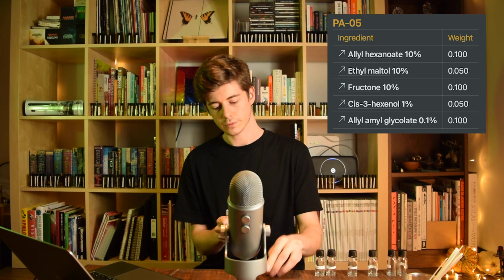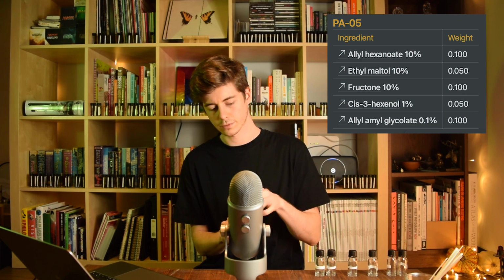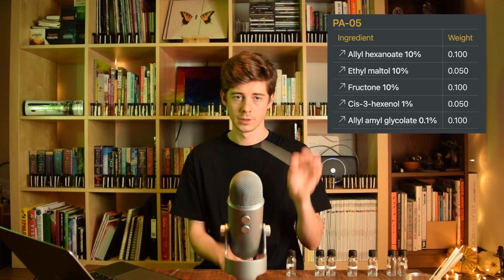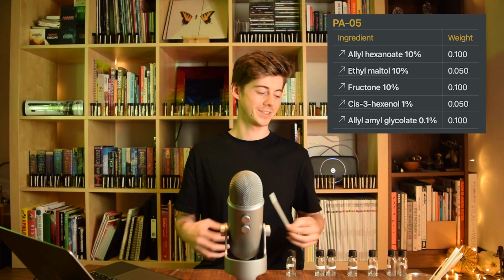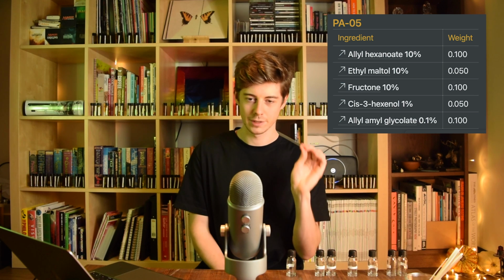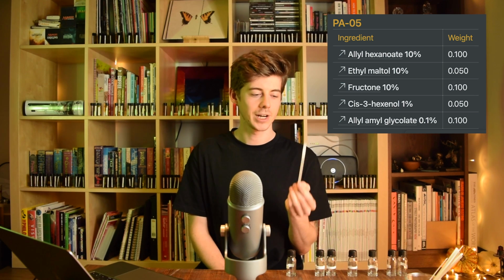So yeah, this accord, honestly, it turned out way better than I thought it was gonna, which is really nice because we didn't do that many trials in the end, and it went pretty well. And yeah, I'm really liking this. When you smell this one compared to the original allyl hexanoate on its own, you can smell such a big difference. The allyl hexanoate smells like a pineapple kind of synthetic note. This accord to me smells like a real pineapple, or at least much closer to it. So I'm happy with it, it's cool.